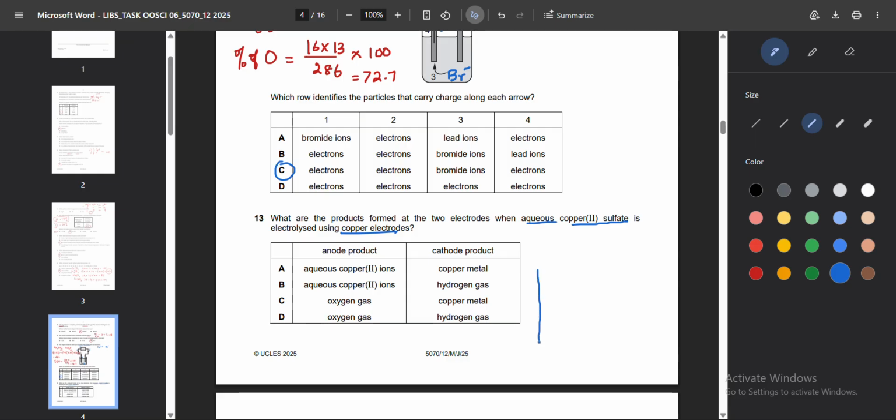So if I make the cell over here, it has the electrolyte, which is copper 2 sulfate. So there would be copper ions, sulfate ions in it, as well as, since it is aqueous, water will also split up into hydrogen and hydroxide ions,